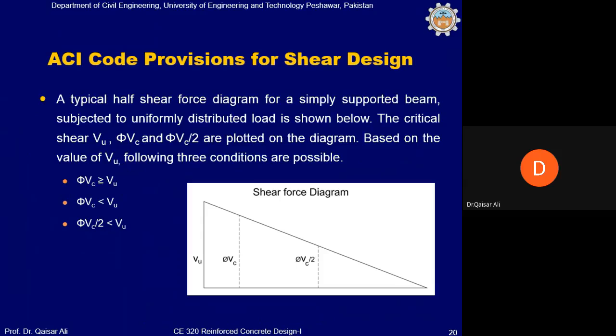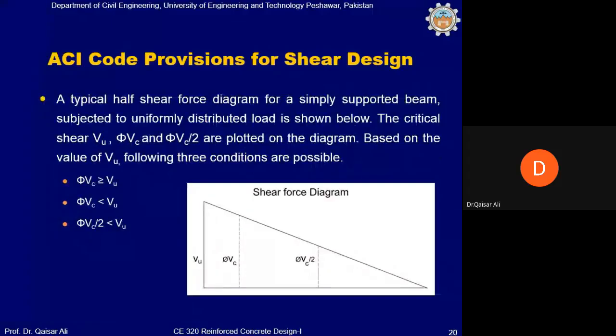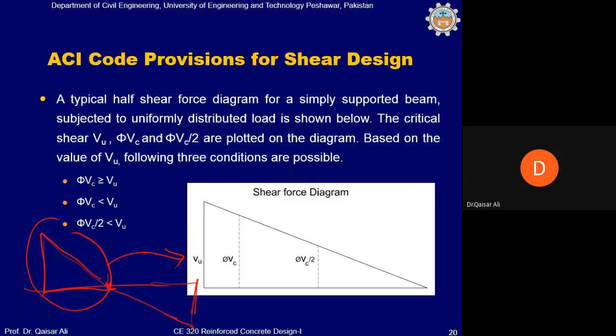अच्छा जी, अब आप देखें, स्लाइड 20 और 21, ये 3-4 स्लाइड बहुत अहम हैं, इनको गौर से देखें। ये ACI कोड की प्रोविजंस हैं। इस फिगर में आप देख सकते हैं कि हाफ ऑफ द शेयर फोर्स डायग्राम ड्रॉन है। आपको पता है कि फुल शेयर फोर्स डायग्राम ऐसा होगा। ये हमने हाफ शेयर फोर्स डायग्राम ड्रॉ किया। इस पर जो V नजर आ रहा है, ये वो शेयर है जो डिस्टेंस d पर है, यानी मैक्सिमम शेयर नहीं है, उसको हमने निकाल दिया।